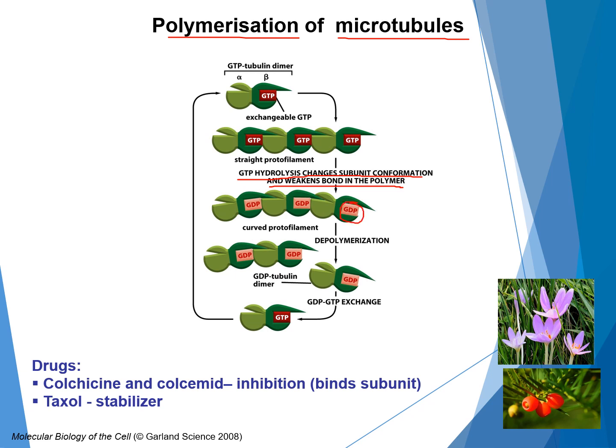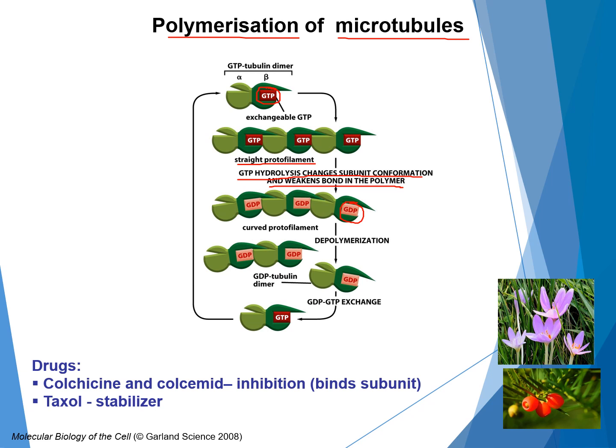So that means the free form of the dimer of alpha and beta tubulin has GTP, guanylyl triphosphate. The stabilization or polymerization of this dimer will form a strand of protofilament, and during this stage